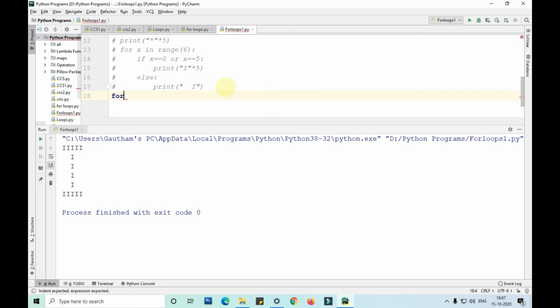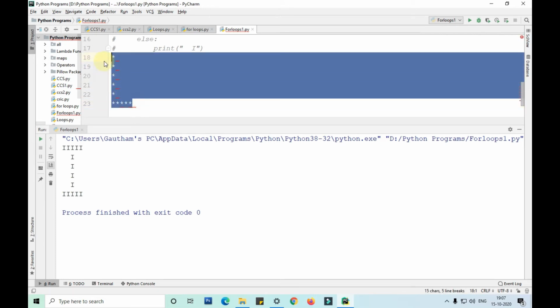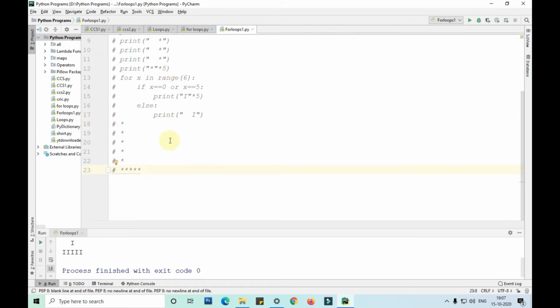First let me show you the pattern. Okay, this is the pattern we need to print using for and if condition control statements, if else conditional control statements. Okay, now let me show you.